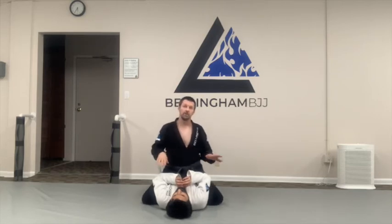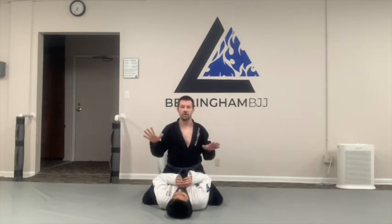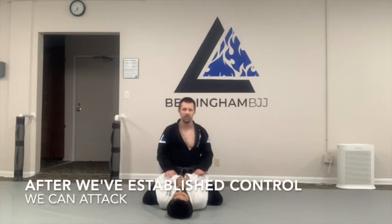So first, mount control basics. If we start to get our mount disrupted, we just go back to controlling the mount and then we attack later. So our knees are wide, our heels are tucked under his butt, we're getting ready to use our hands to base. But after we've established that, okay, we're controlling, we're not at risk of getting dismounted,